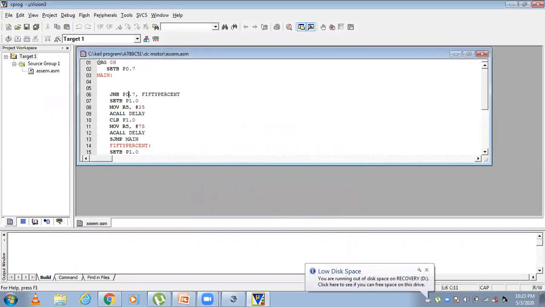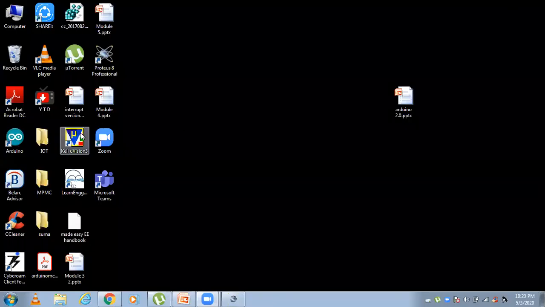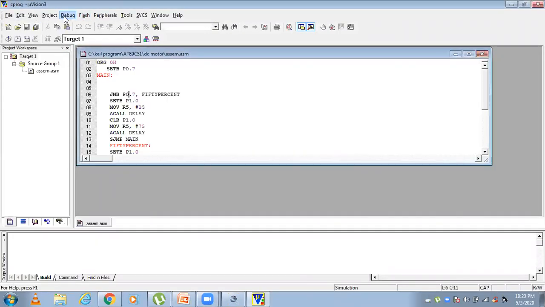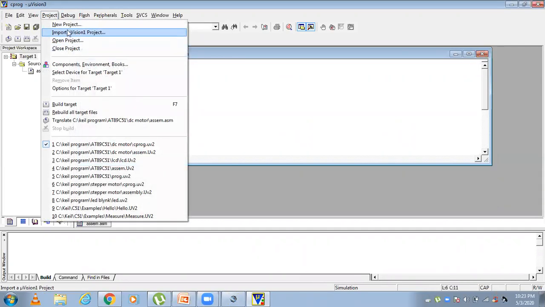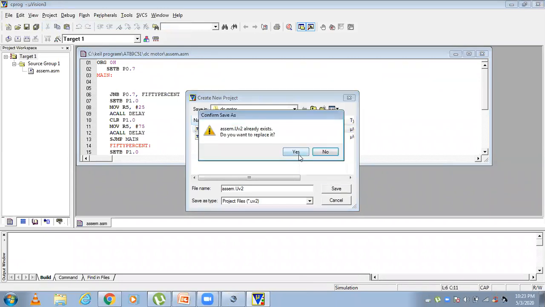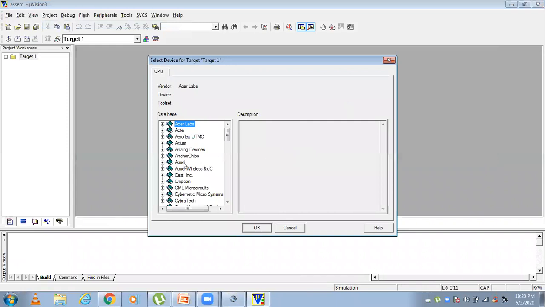You already know how to select, even though I will explain once again. Open the Keil MicroVision software, go to Project, New Project. For the assembly language program, an existing file name is there, even though I have given the same file name; whatever file name you want you can give.